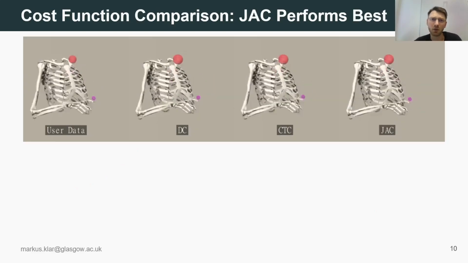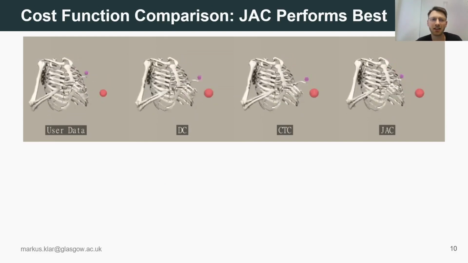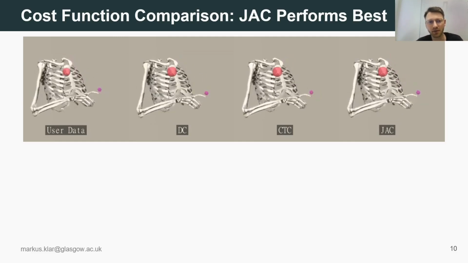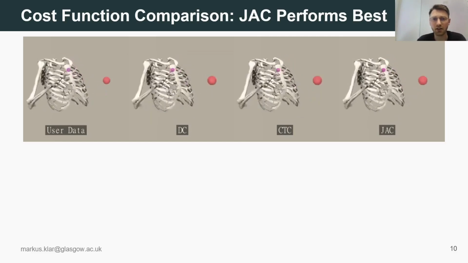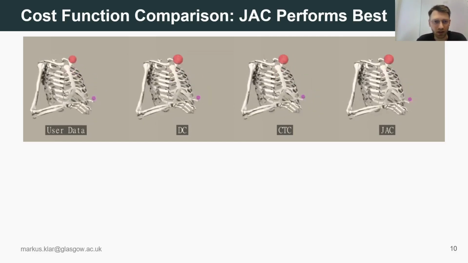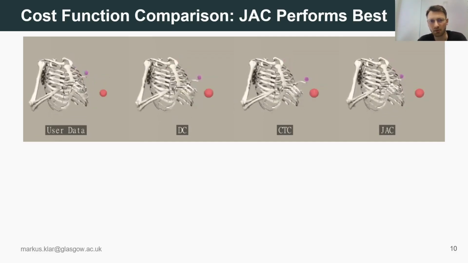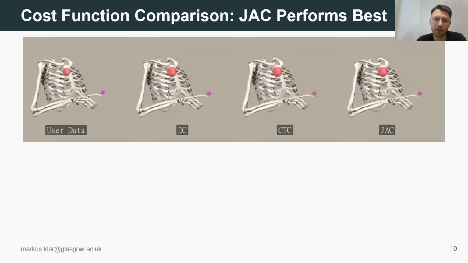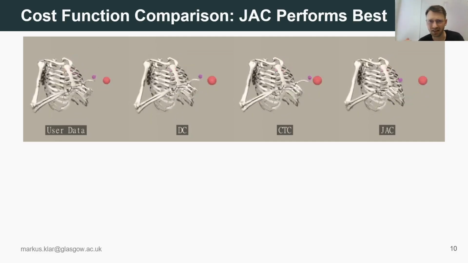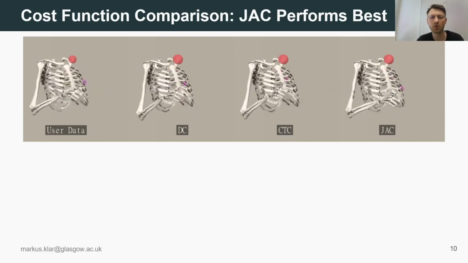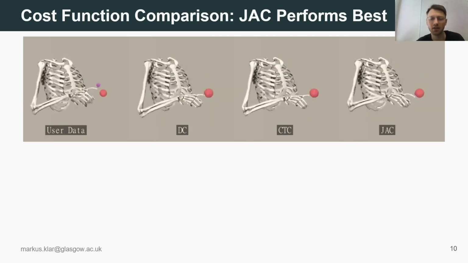Now that we have the cost weights, we can actually compare our 3 different cost functions with each other and against user data. So in this video here, you can see on the left side a replay of real user data and 3 different cost functions. Just one thing that I want to point out here is when looking at the distance and control, the DC, you can see that it has some problems reaching the targets that are high up. That is probably due to the fact that in order to obtain movements that are as slow as human movements, you would have to increase the effort cost term in a way that reaching the targets high up gets too